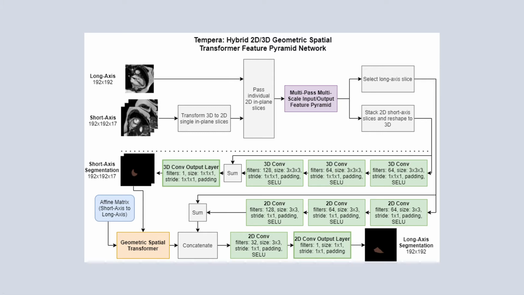It allows us to transform the short axis segmentation to the long axis image space by taking the affine matrix that was described previously. Thus, we expect to improve the long axis segmentation by incorporating spatial information from the short axis. Also, we can improve the short axis by allowing the loss from the long axis to backpropagate through the